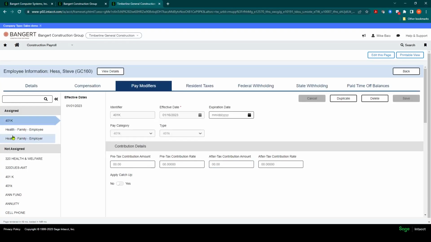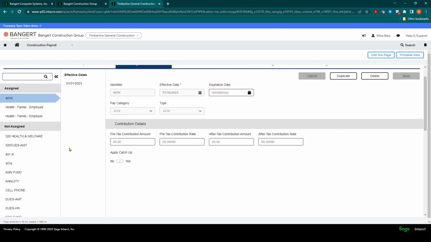So what you'll continue to do here is to go ahead and assign and activate any of these pay modifiers that apply for this employee. You do not have to do any pay modifiers that are in a compensation table, for example, in a union table. The first payroll, it will actually set up those pay modifiers and apply them to the employees accordingly, exactly to the compensation table.